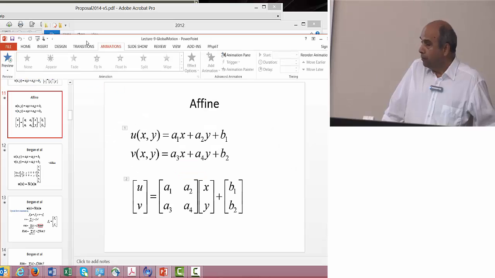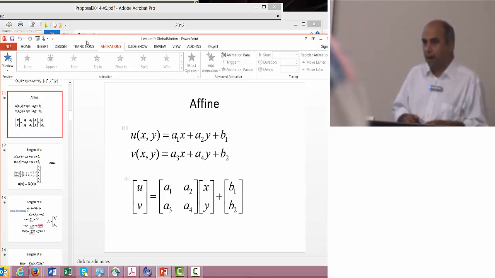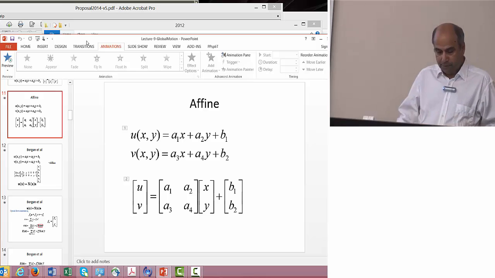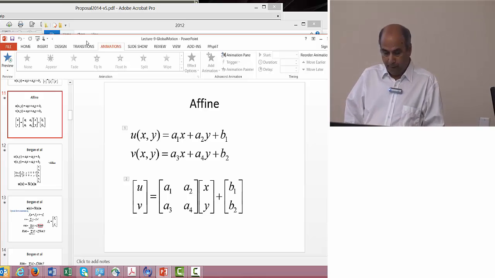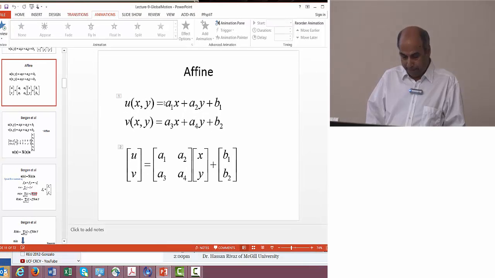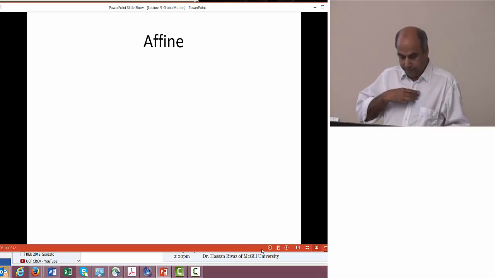Okay, so we started talking about how to estimate the global motion given 2 frames. So we will finish that discussion, and what we were talking about is